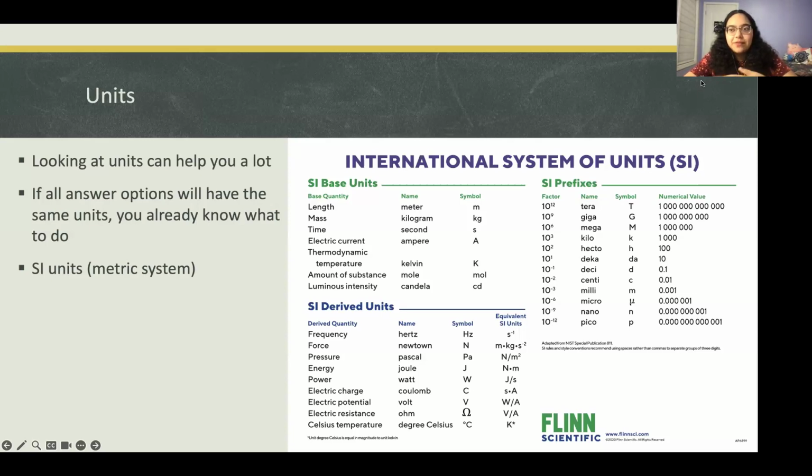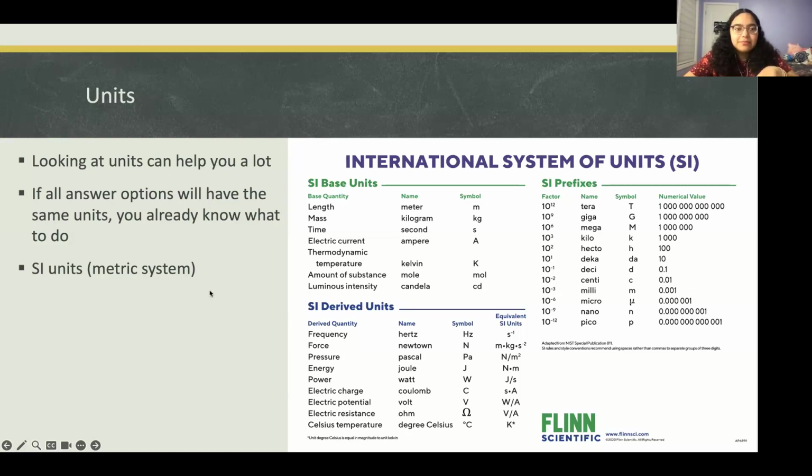If all the answer options have the same units, then you have a roadmap on what to do. Like if all the answers are in meters per second and you're given a value in meters and a value in seconds, you can tell that you're gonna have to divide those in some way. Even better when it gets into things like pressure, like energy. If you know where the SI derived units come from, if you can divide that into the base units, then you can tell how to arrange all your numbers to get from one thing to another. For example, a joule is actually a Newton times meter, and that is the work formula: work is force times distance. So knowing units will help you a lot.